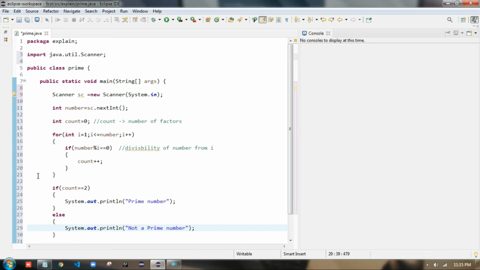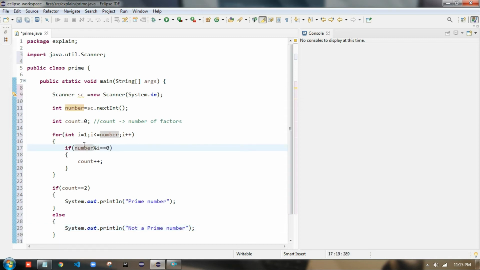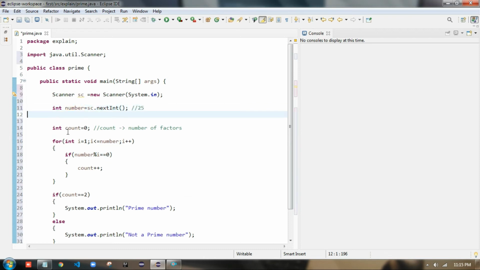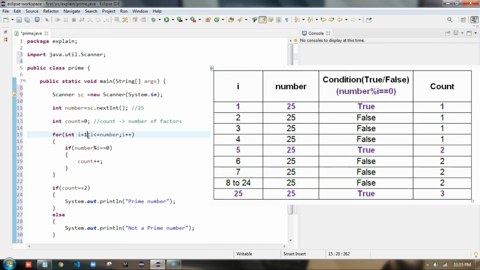Not a prime number. So what I have done here is, let's assume that the number is 25. So count equals 0. Now int i equals 1, so it will start from 1 till 25, i plus plus. So 1 goes inside the loop for the first time. Is the number divisible by i? So 25 divisible by 1, yes it gives remainder 0, so count will increase.